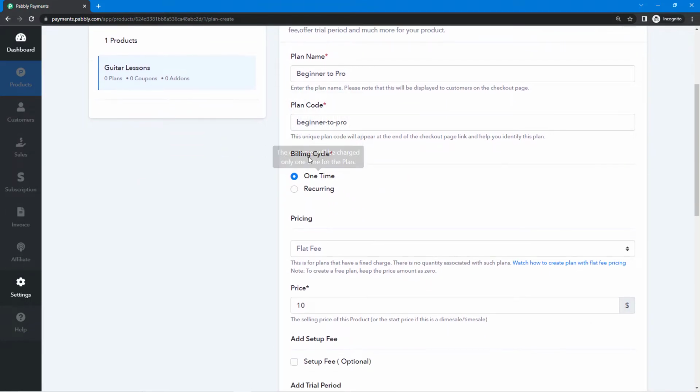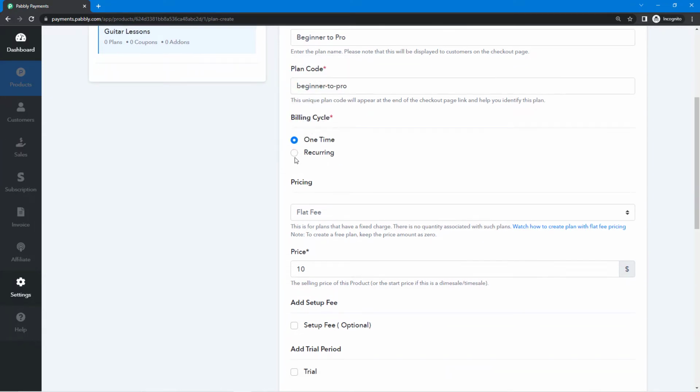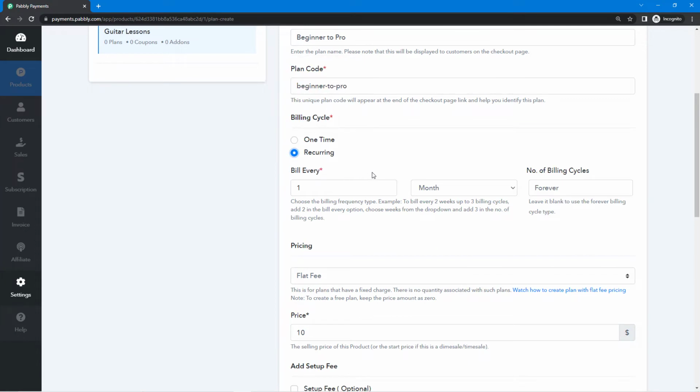Now, talking about the billing cycle, we have two billing cycles here. The first one being one-time and the second being recurring. If you wish to receive a one-time payment from your customer, you can select the one-time billing cycle, or if you wish to receive payments monthly, weekly, or yearly as per your plan for a number of billing cycles, you can enter the number of billing cycles here. Or if you want to charge your customers monthly, weekly, or yearly automatically for a forever billing cycle,